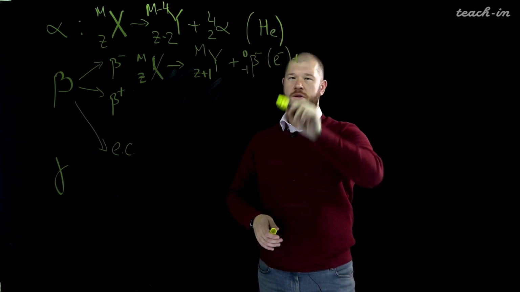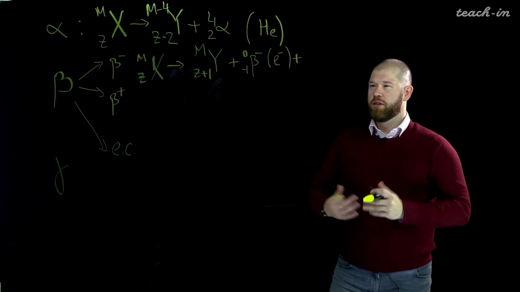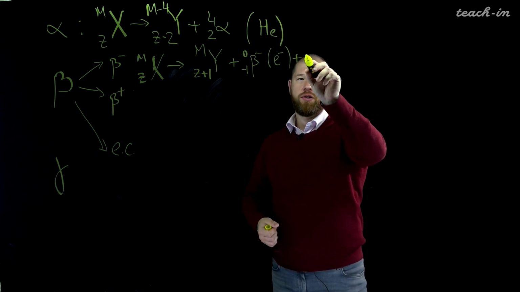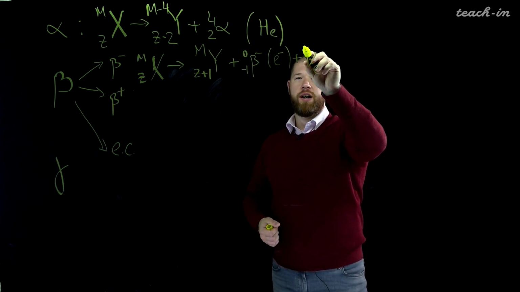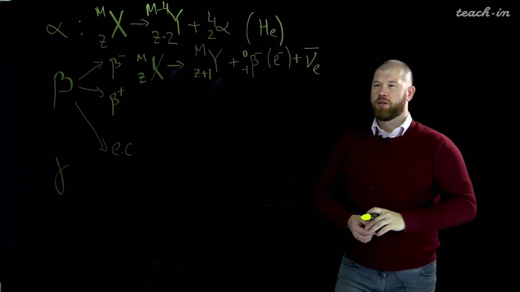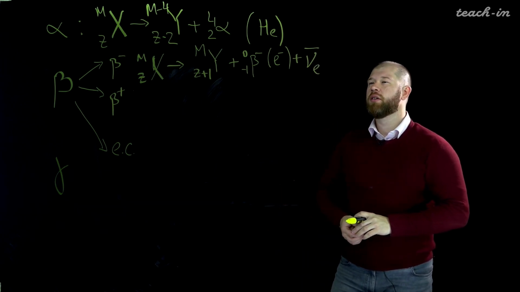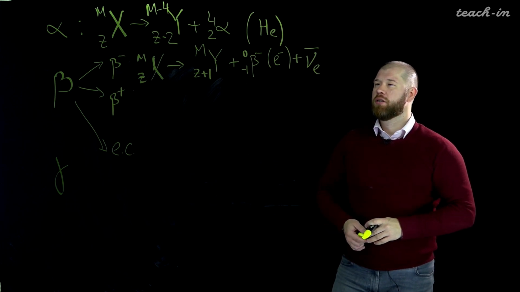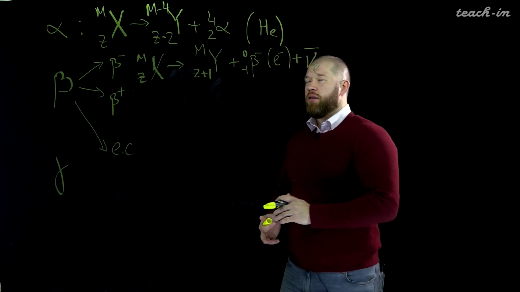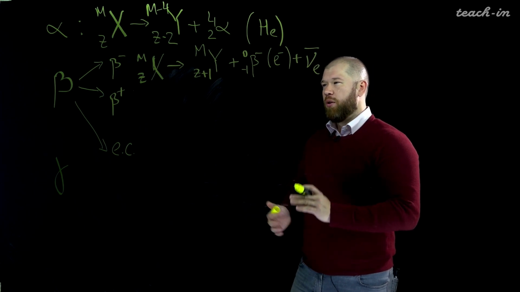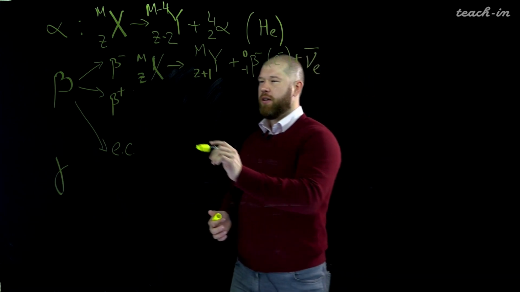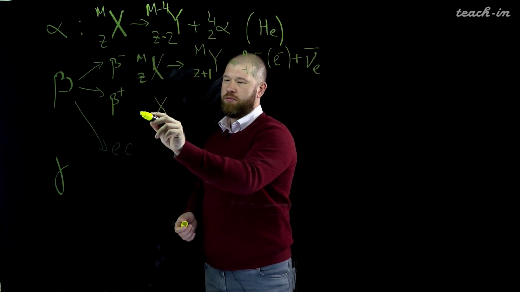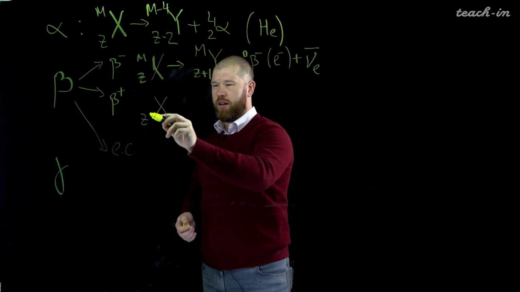But it's not only two particles that are produced during the beta minus decay. There is also the very tiny particle that is called antineutrino, and in this case it is an anti-particle. That is for beta minus decay, and now for beta plus. So let's take again our favorite radionuclide X,